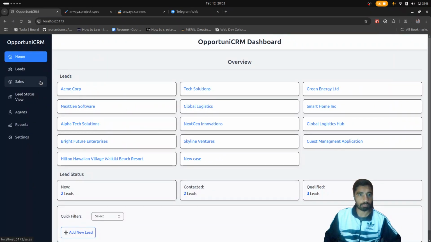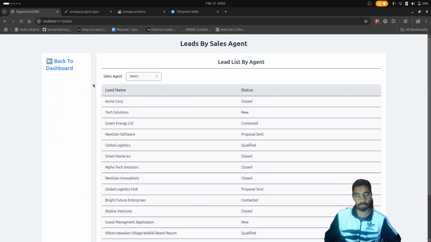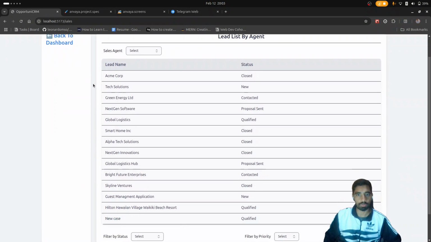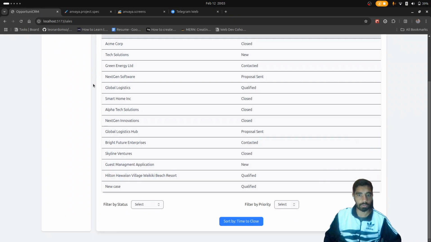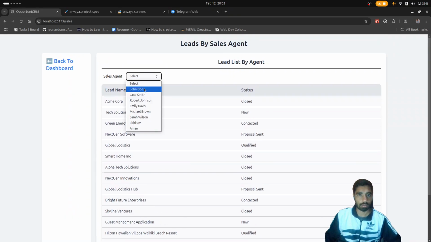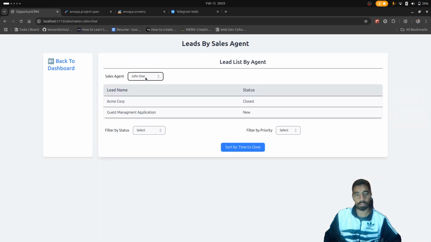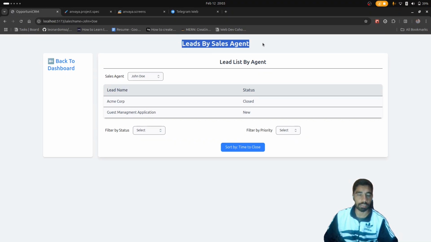And let's see our sales page. Sales page also has multiple filtering criteria. Like filter leads by sales agent, so the leads are assigned according to the sales agent.